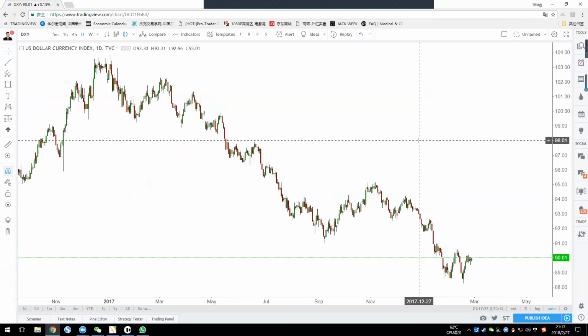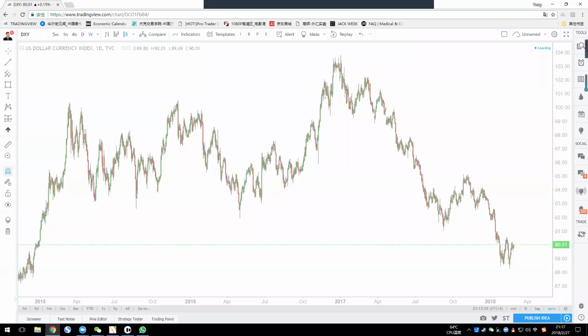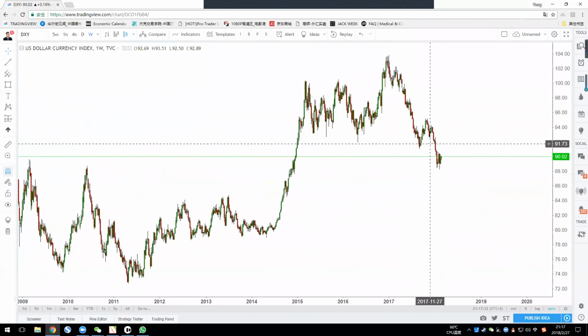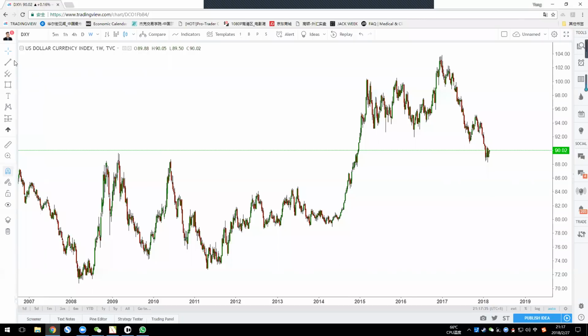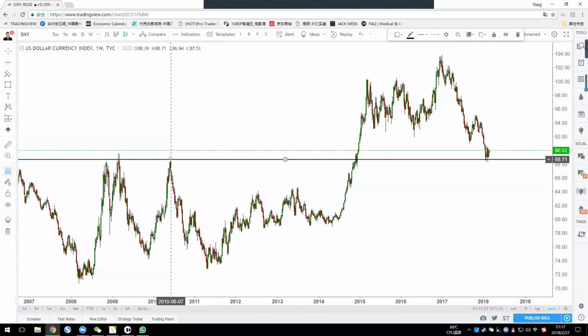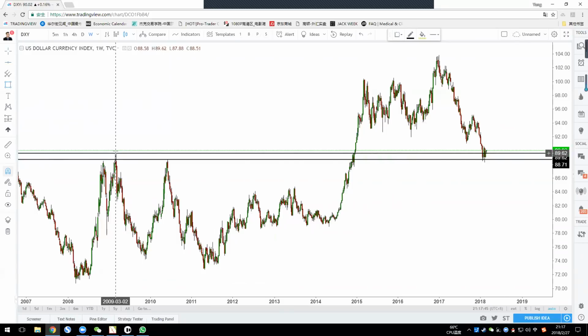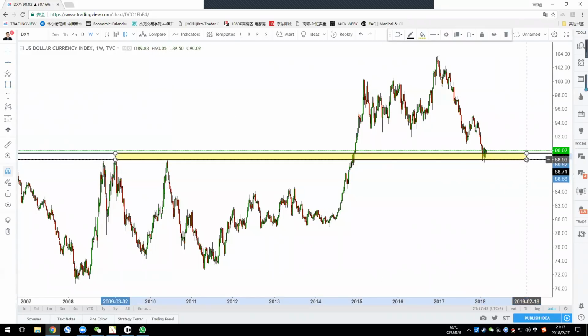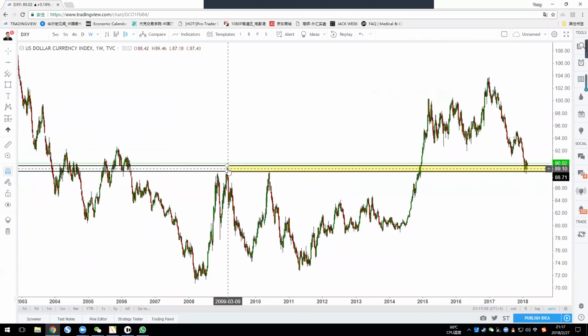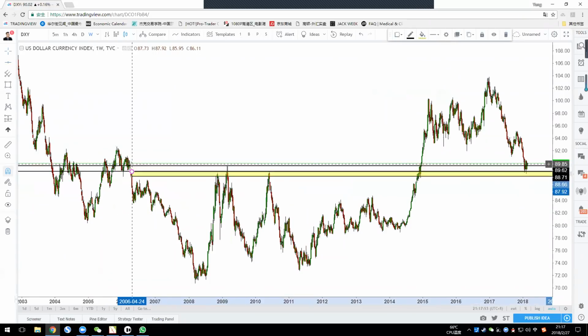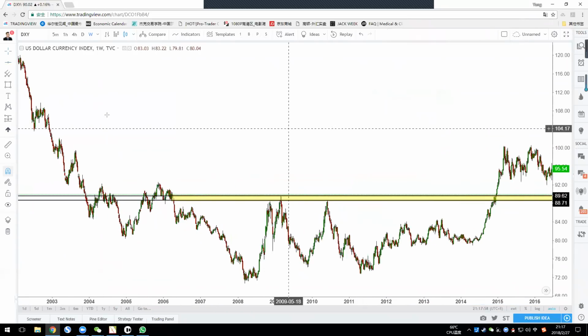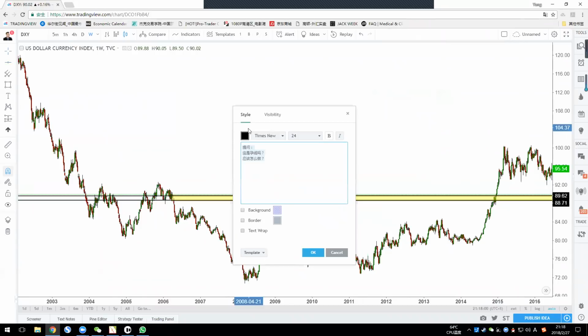Let's take a look at the DXY from the weekly chart, as I mentioned in my last webinar. I emphasized this a very long time ago: this 88.71 to 89.62 level is so important for the DXY because it is a weekly neckline. Do you agree? This is a very strong neckline. What do we call a neckline? A neckline is a connection between the bottoms or the tops.